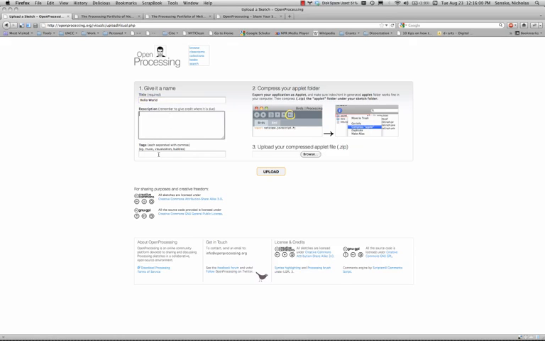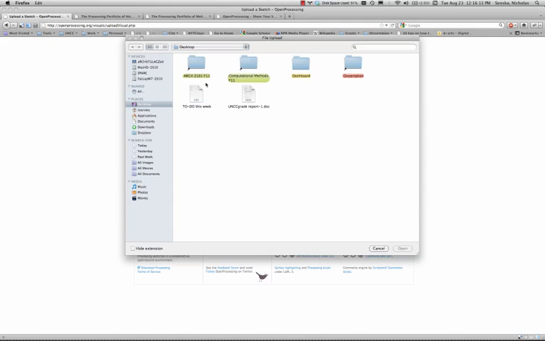Description if you'd like. Our tags for our files are always UNCC in caps. That's so we can find all the UNCC sketches that people make. Then the instructions here are the same as I just gave you. You're going to compress your folder, zip it. We already did that. So I'm going to find that folder, which on my computer is going to be